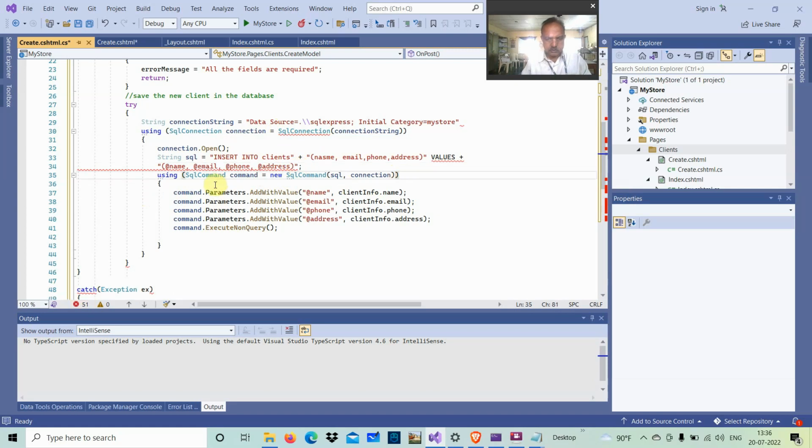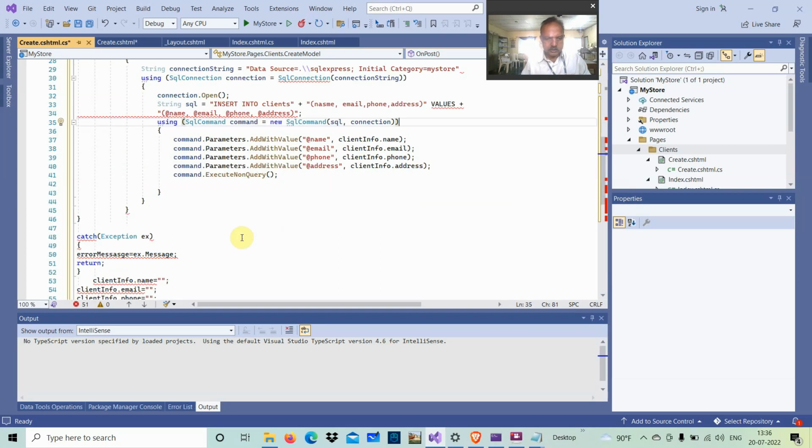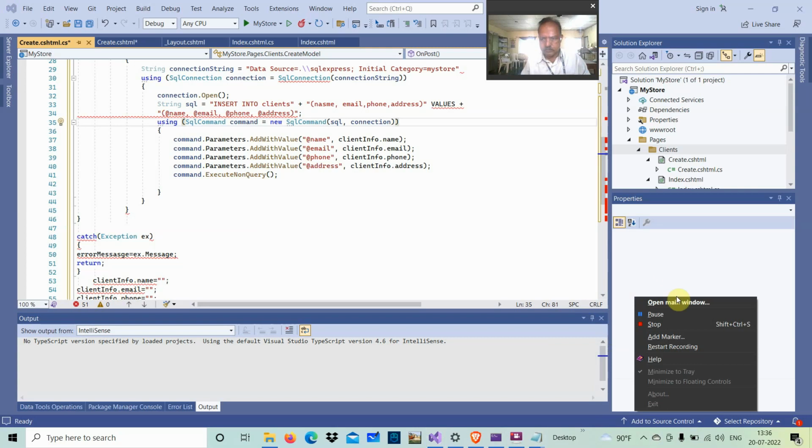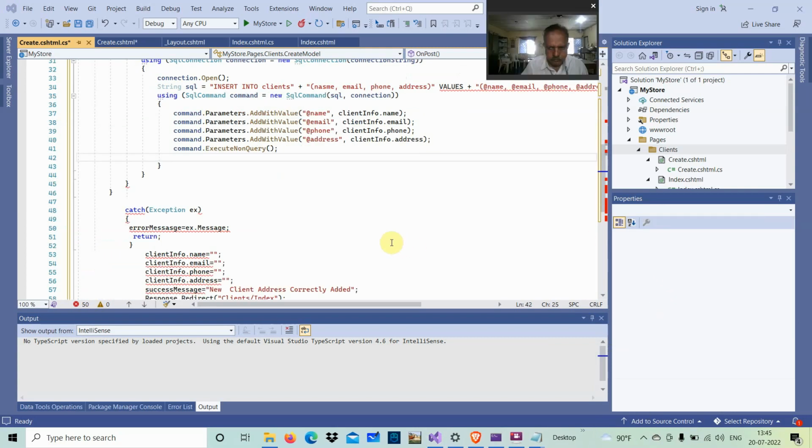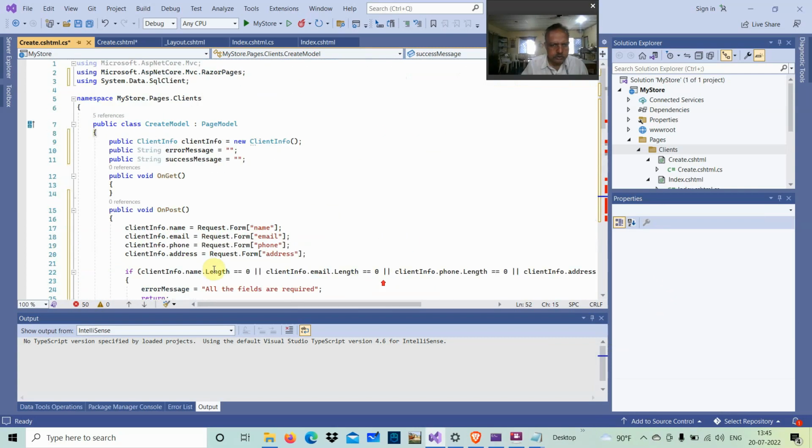Okay, so fine. Then using the SqlCommand, new SqlCommand, you're going for this connection and all the things will be there. Fine. So now you set all the things. Then just after this, we can go to the